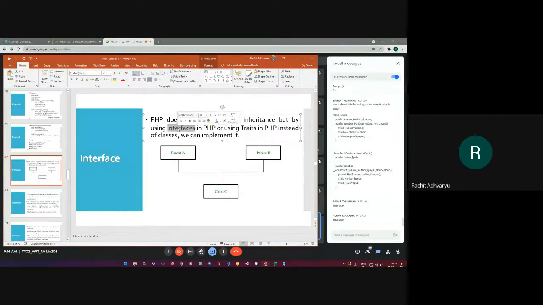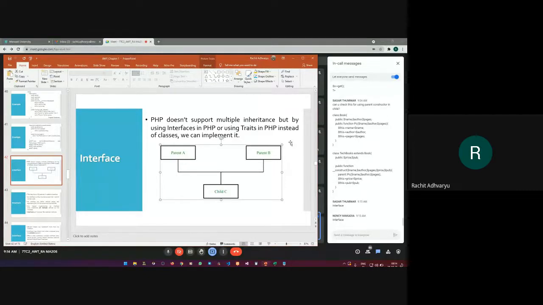We are going to see both of them right now. So what is interface? In interface, we declare a parent class with a keyword called interface.